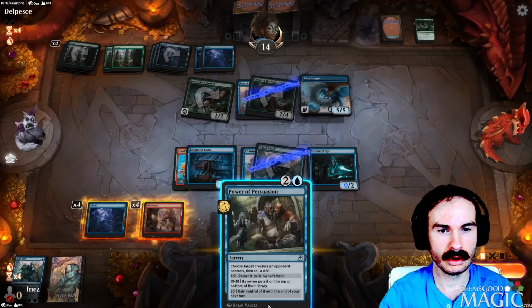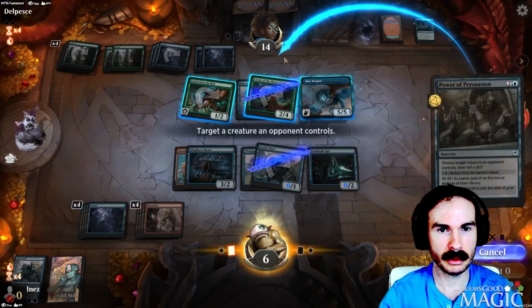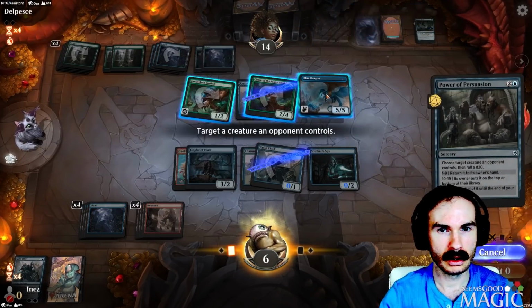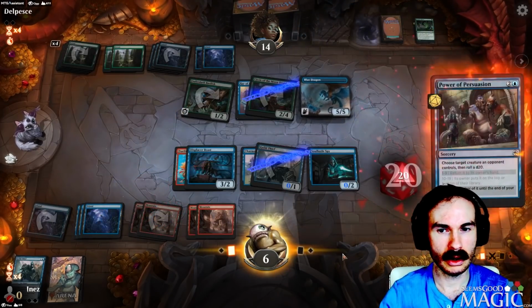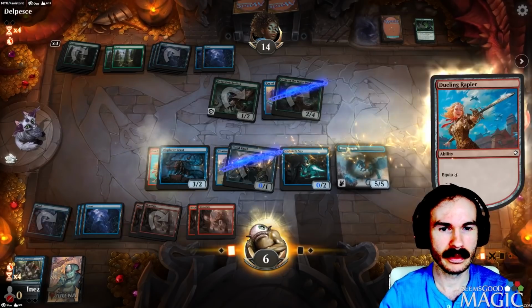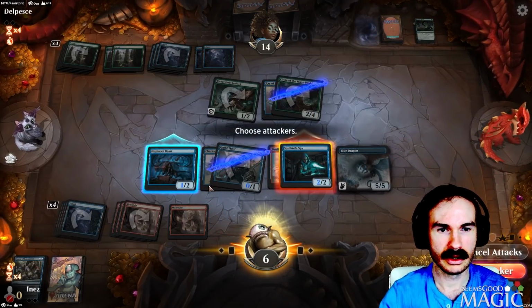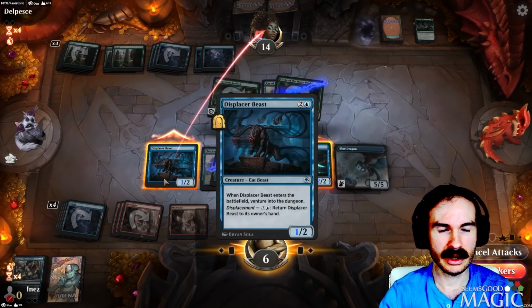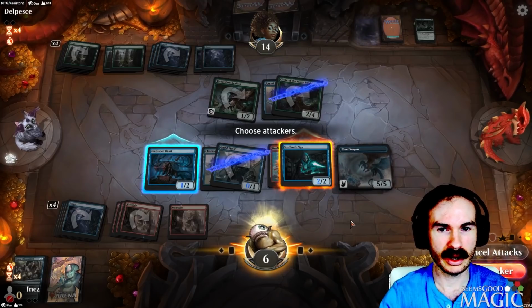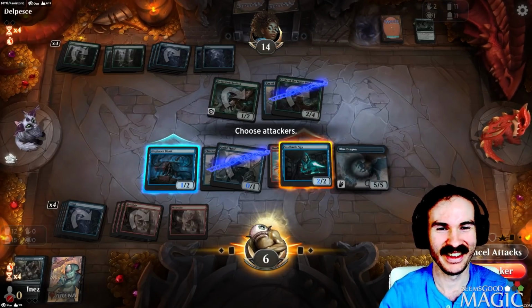So let's see if we gain control of it. Nat 20 here, baby. Oh my gosh. That is so filthy. Oh wait, I can't attack with both. Or I die. That's funny. You get to steal it, but it doesn't gain haste. That's...